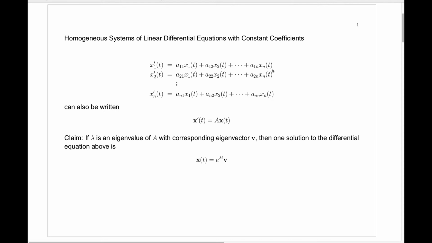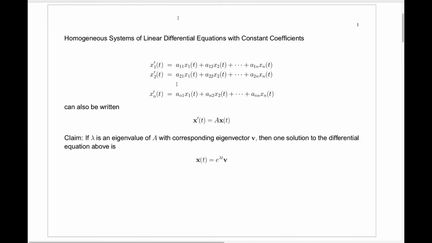Today we're going to talk about solving a homogeneous system of linear differential equations with constant coefficients. This is the general form of such a system. Here we have n differential equations and n unknown functions, x1 through xn, those are the unknown functions. And we can write that system as a single matrix system, x prime of t equals Ax of t, where